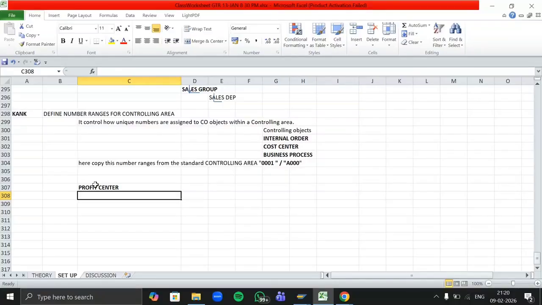Let's say we have Mumbai branch, Delhi branch. And if you want to know how much profit we are earning from Delhi branch, then you can track it with the help of profit center. Let's say if you, ma'am, want to track, profit center will indicate the profit and loss statement, right? No, it's not indicating your profit and loss statement. The profit and loss statement will be created under FI, not by controlling. This is just a tool that will just track in which area how much amount of profit we are getting.